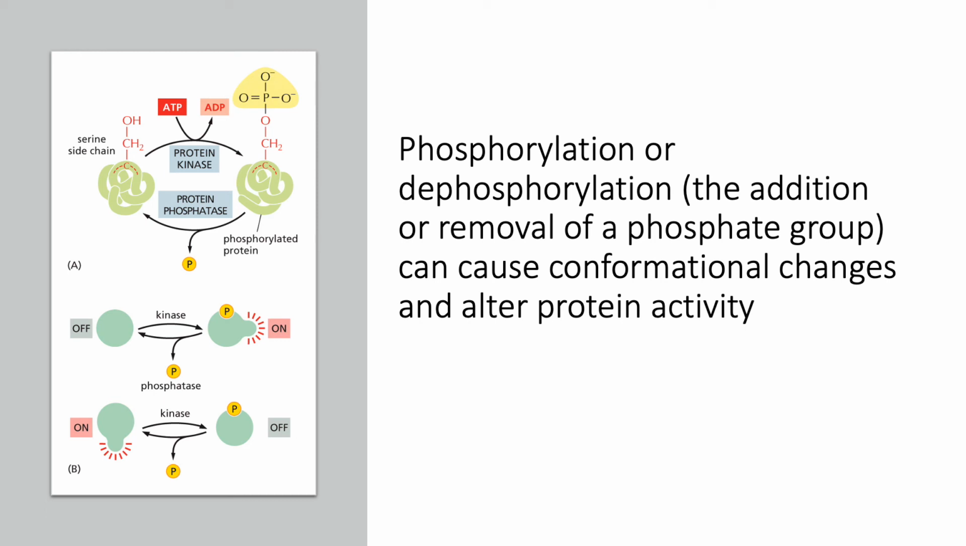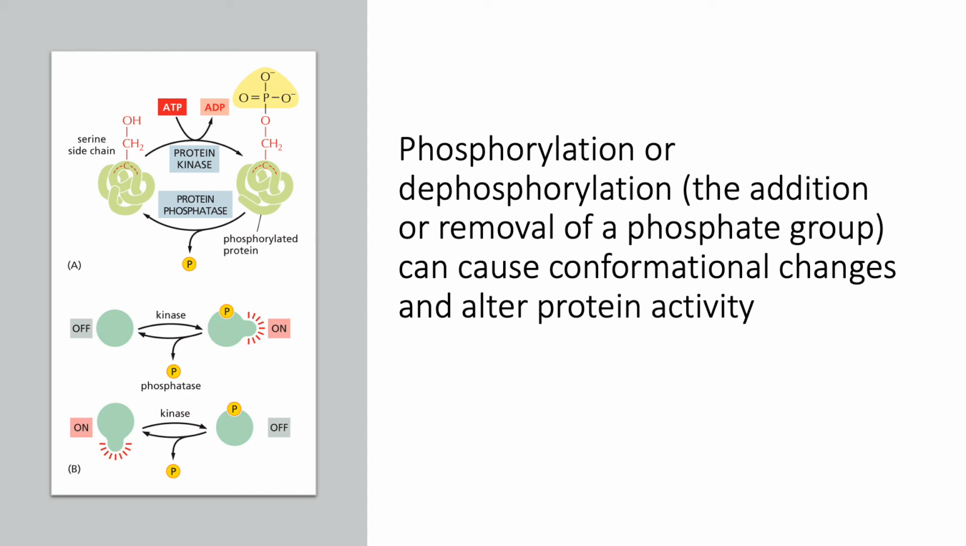If you look at the bottom, it shows a protein off, and then if you have what's called a kinase, an enzyme that takes one of the last phosphates off of ATP and links it to an amino acid, in this case it shows it turning the protein on. It can be the reverse, that is, you can have a protein that's on or active, and then you can have the kinase activity activated, take the phosphate off ATP, link it to the protein, and make it inactive,